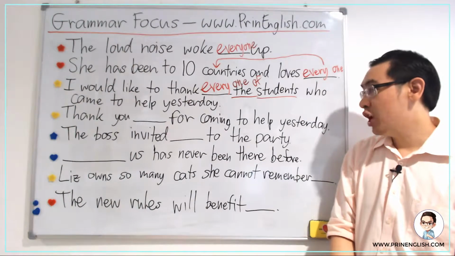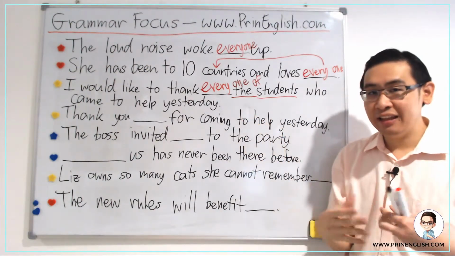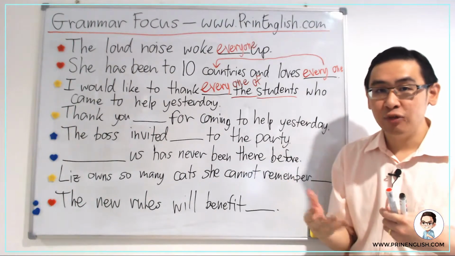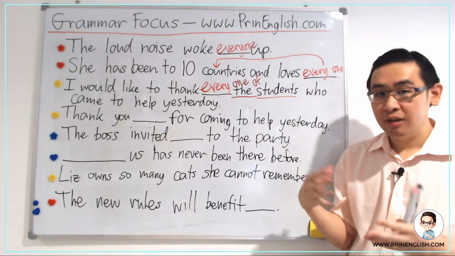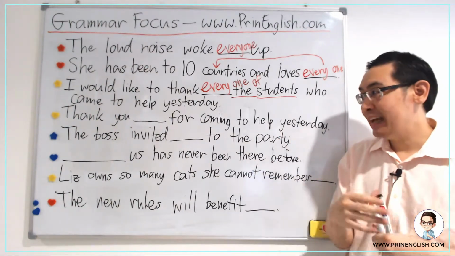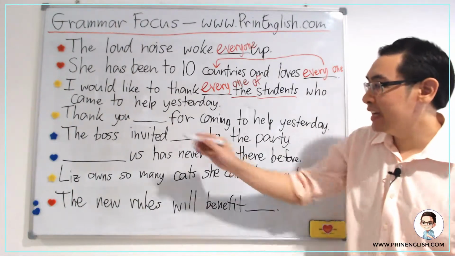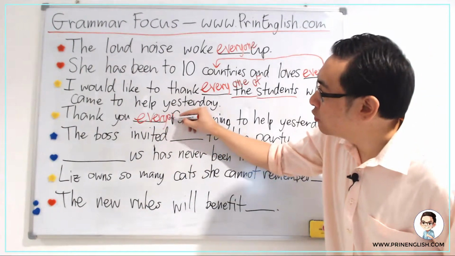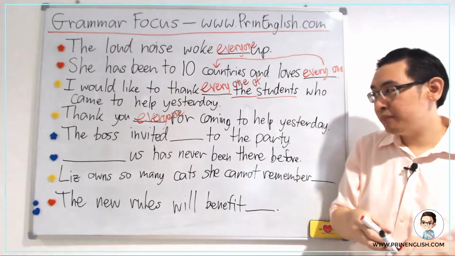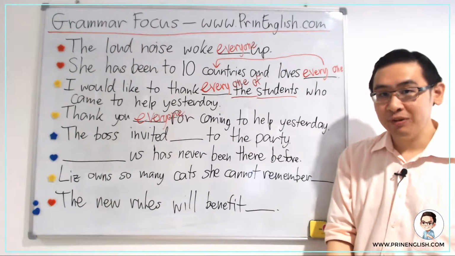for coming to help yesterday. So this is similar to the previous sentence. It's to say thank you, to express thanks to someone who came to help with something yesterday. Now, what should be in the blank? The correct answer is everyone like this. Everyone. Okay, so without a space because we're talking about every person who came to help yesterday and we're